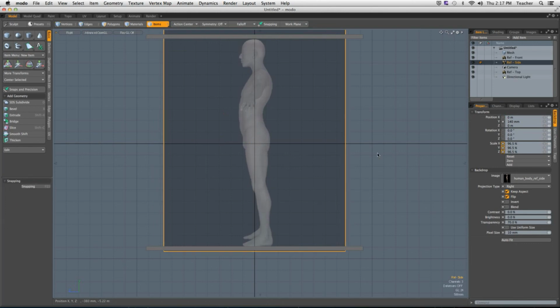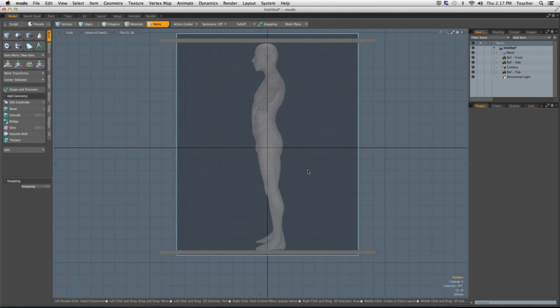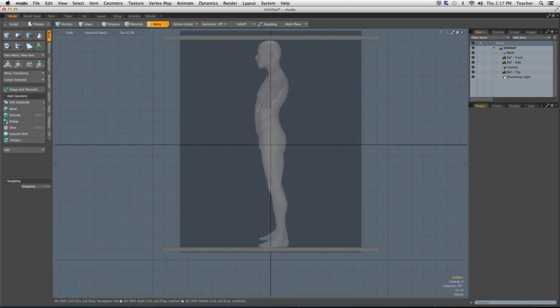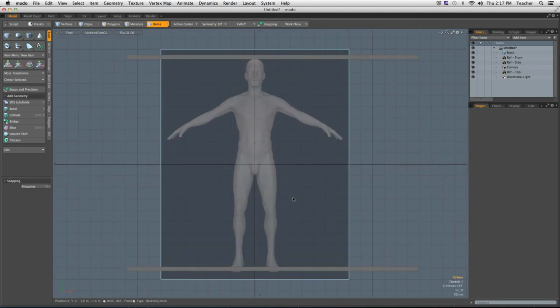Yeah, that's good enough for me. I'm happy with that. And now we're really close. We're kind of right in there. Okay, so there we go. The front image and the side image are now aligned to each other, but now we need to dial in